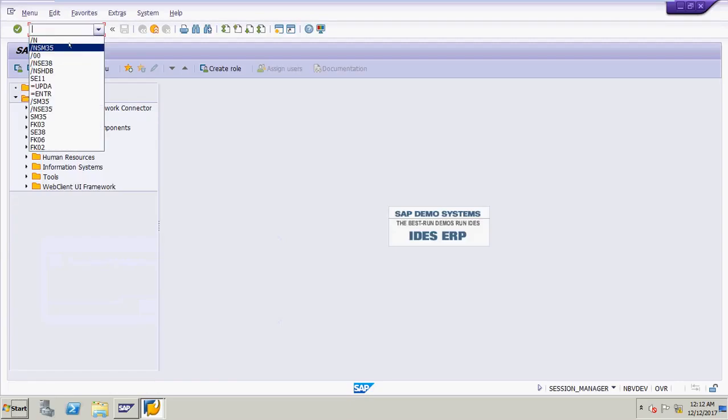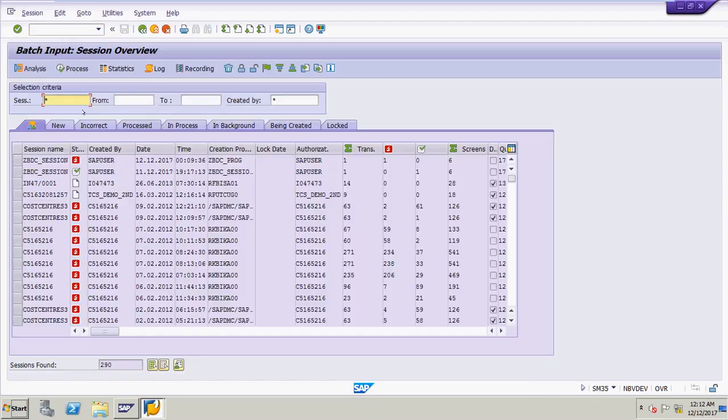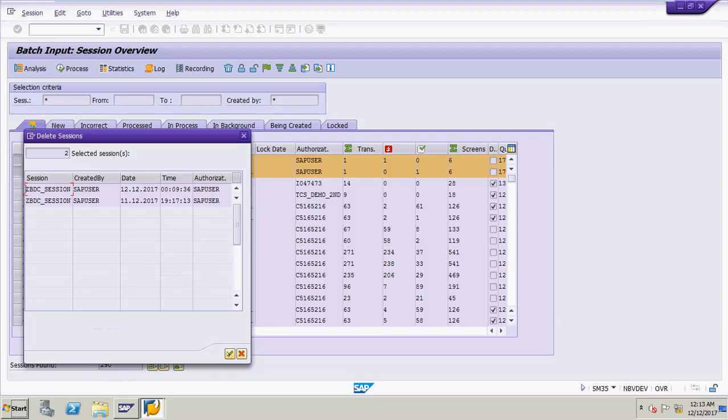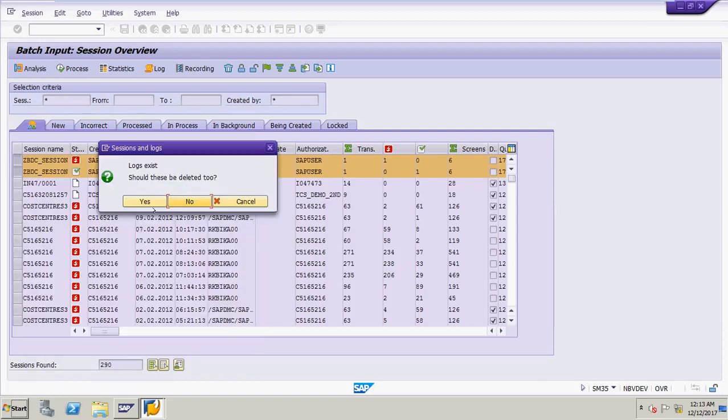Just do one thing, go to SM35. Now you will see the red sign here because it will not work properly. Just click on the delete button, and the two things I have selected, and continue.